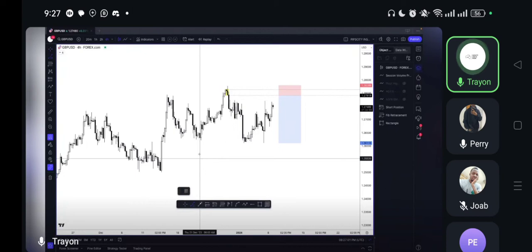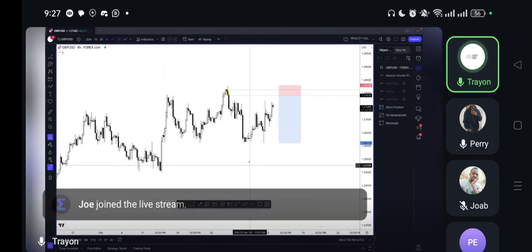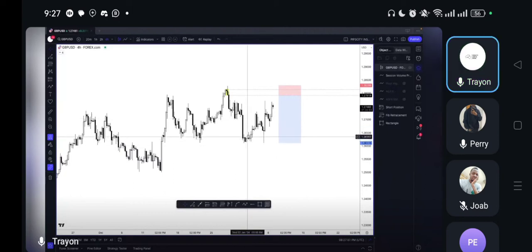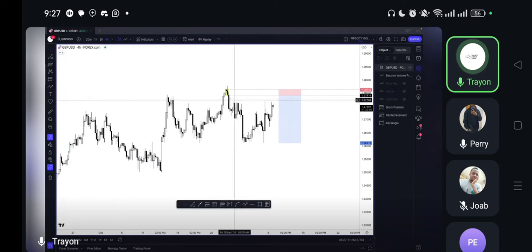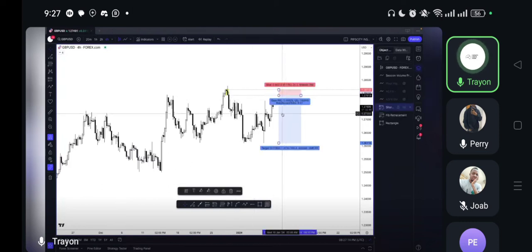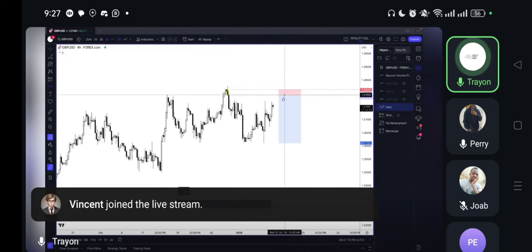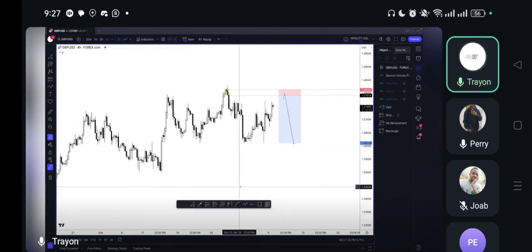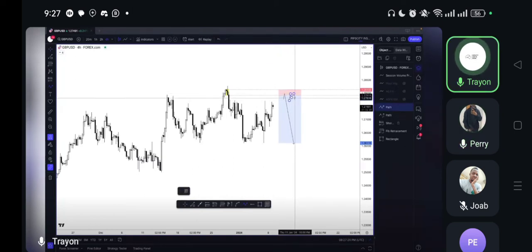Now people be like, it has mitigated the POI, let's wait for price to react. I don't do that. My entry is my entry, stop loss to take profits. Most times, my stop loss is very close. I don't even care because I believe if price is likely to sell, it should not even go above where I want it to go. So what I do want to see is tap and then start selling, not tap and then start ranging there. The moment it does this, I know that likely